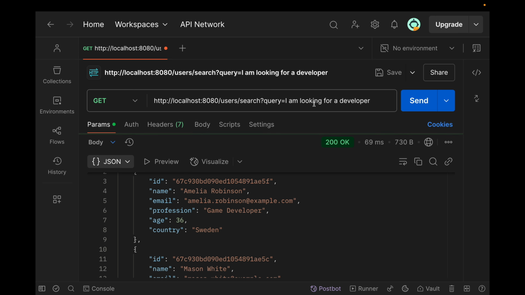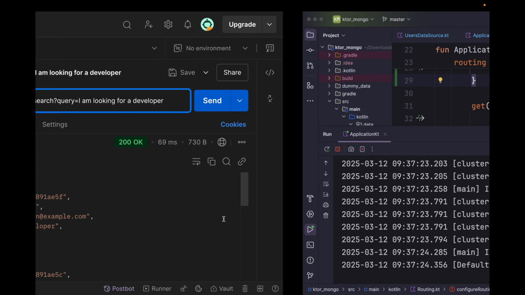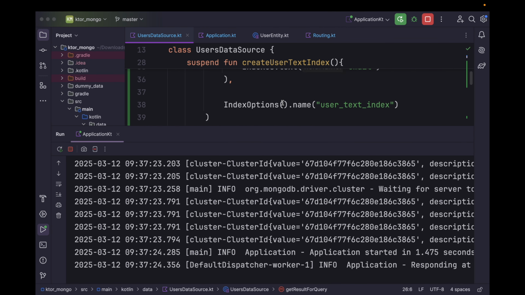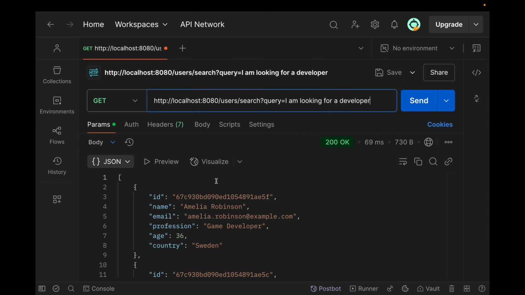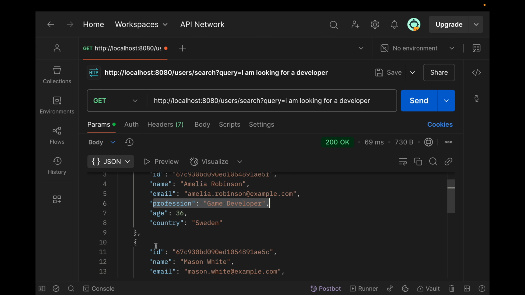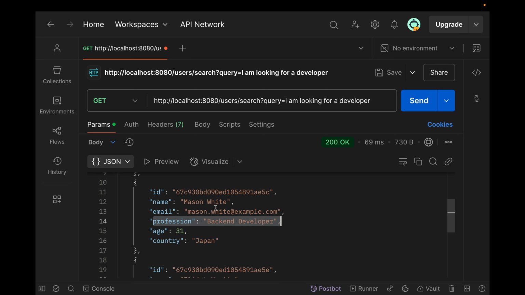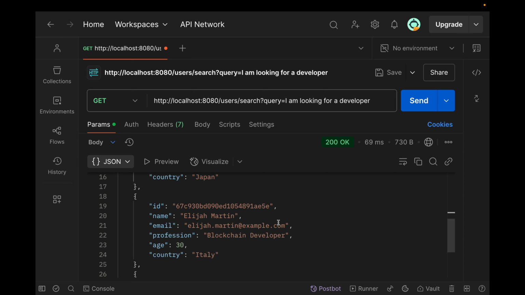Now from this entire text it will look for all the keywords in all the fields that we have mentioned in the search index, and it finally gets the keyword developer within the profession field, and it returns the result for this. And similarly it found the developer keyword in the next user's profession as well.